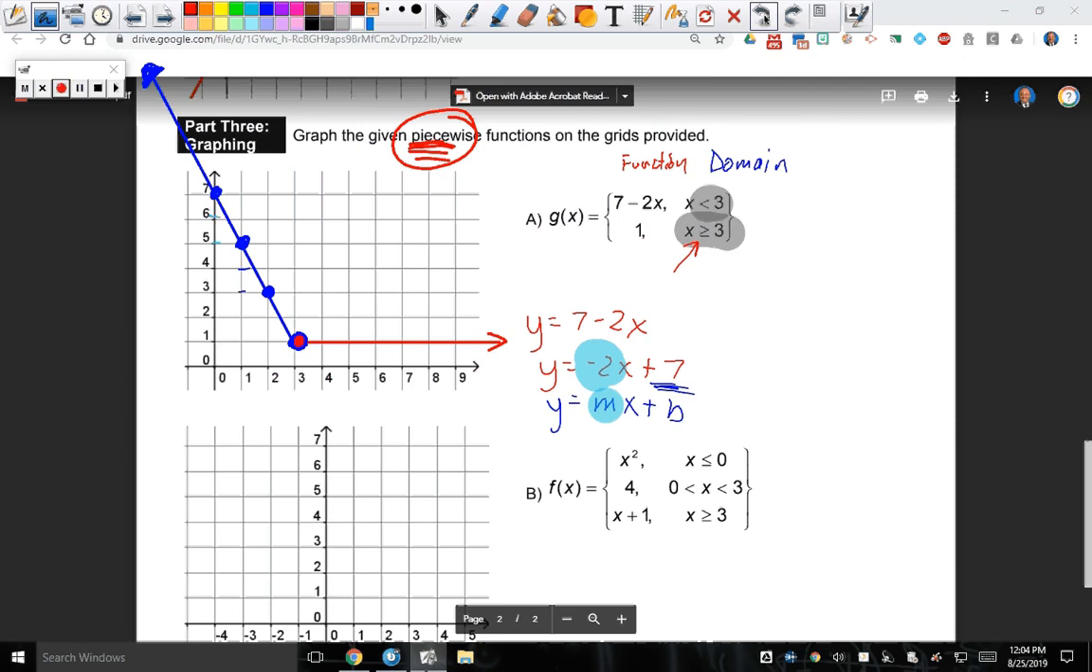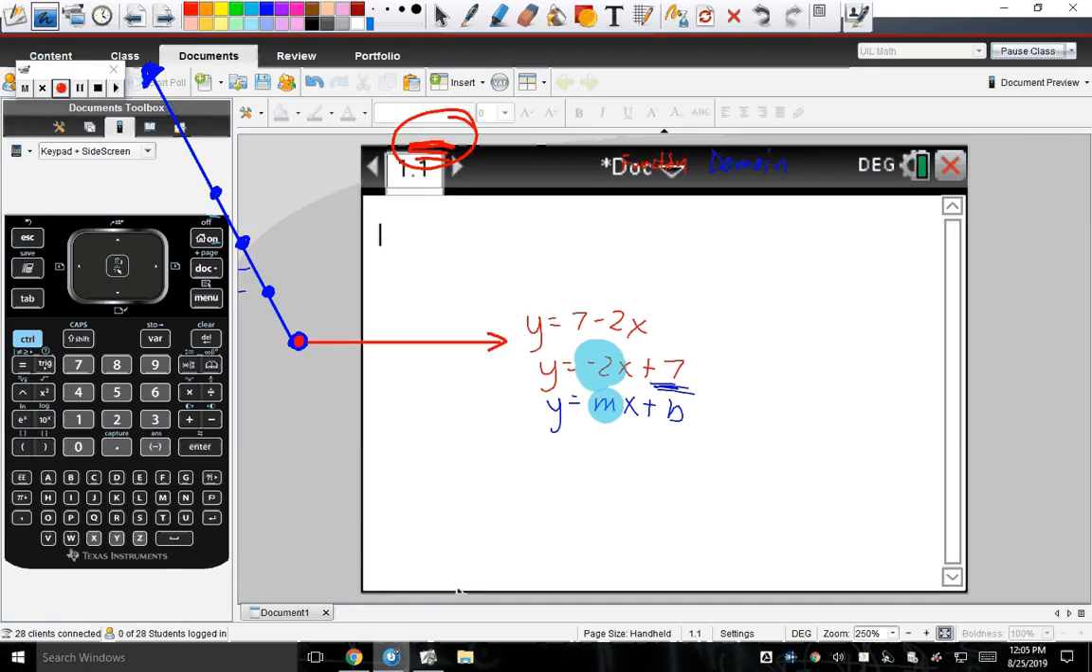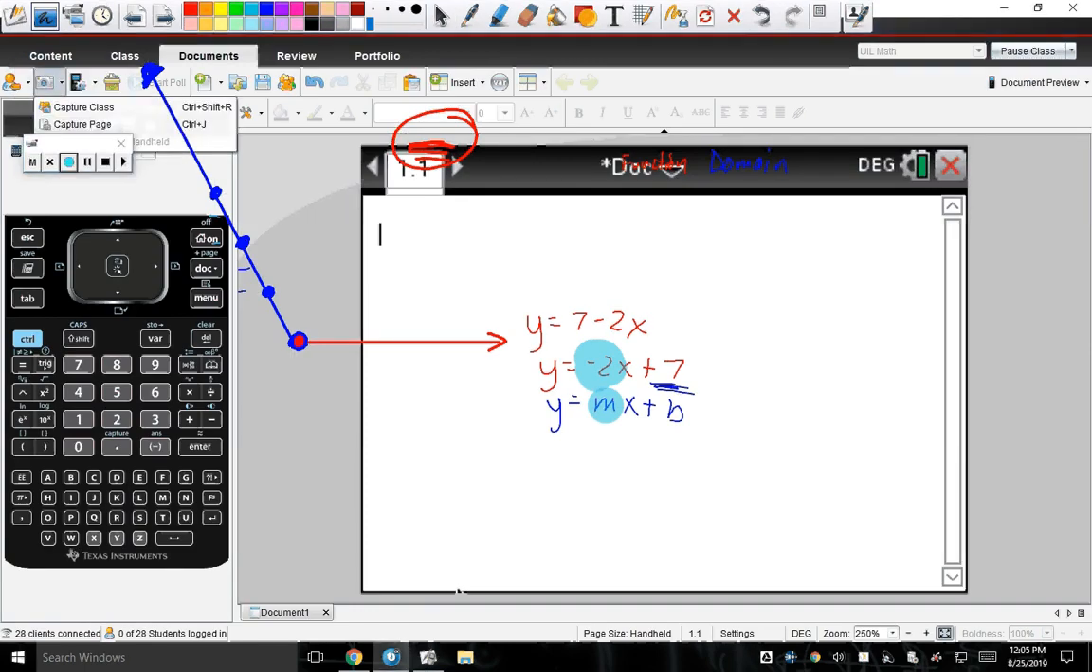Okay, so let's go ahead and make sure that our graph is in fact accurate. So we have 7 minus 2x less than 3, and we have y is equal to 1 everywhere where x is greater than or equal to 3. Now, if you wanted to check this, you are definitely welcome to go to either your calculator or Desmos. Let me go ahead and put this calculator so that you can see